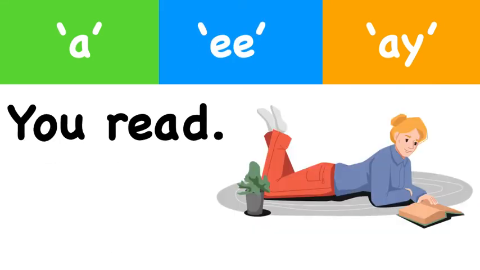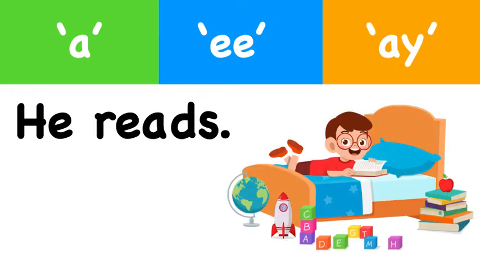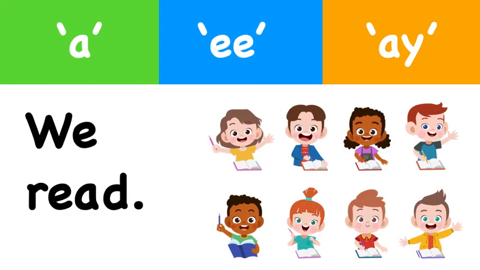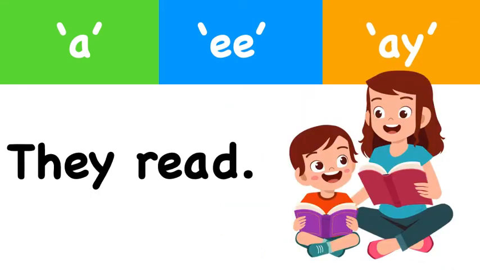What about you read? A, e, or a? A. What about he reads? A, e, or a? A. What about she reads? A, e, or a? E. What about we read? A, e, or a? A. What about they read? A, e, or a? A. Great work! Now that you understand how the verb will be and how its ending will sound, let's do